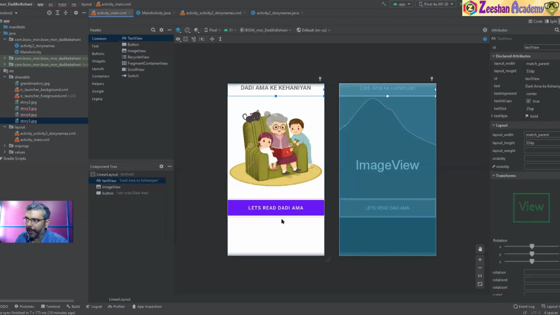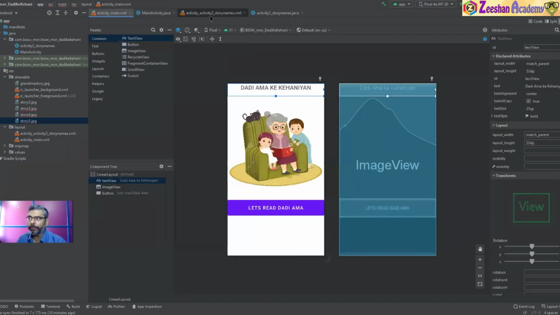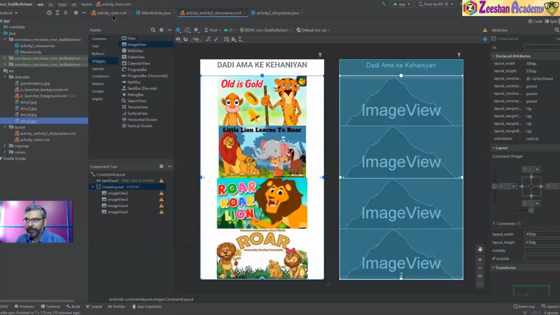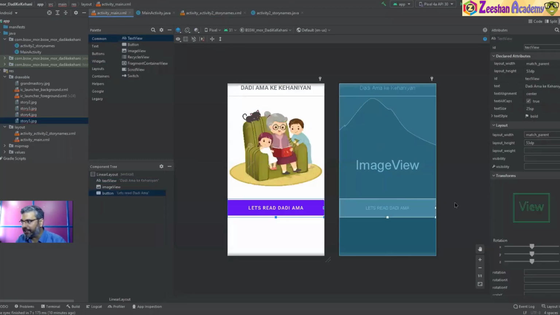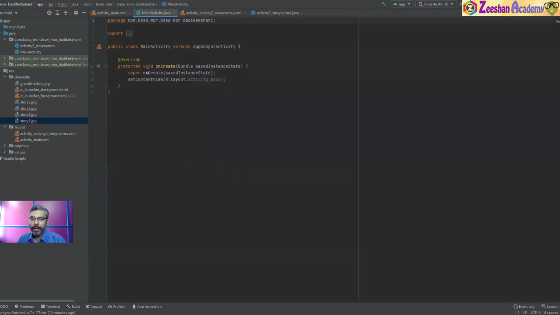How do we connect this button to show me this particular window? So what we do is we go back here to this button. Instead of going into the OnClick event here and writing a method name, we go inside the Java and write a specific code that will allow me to control this. That specific code is known as an action listener. So the first thing is we create a button